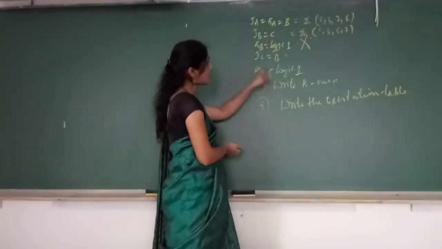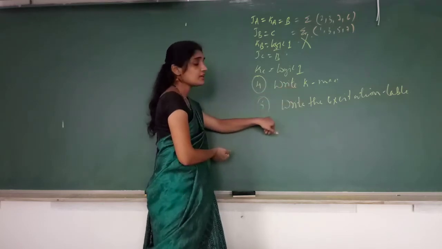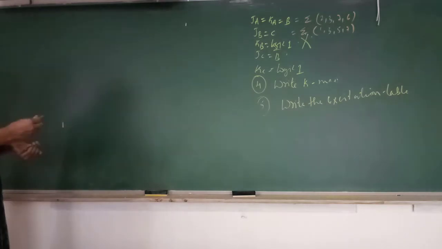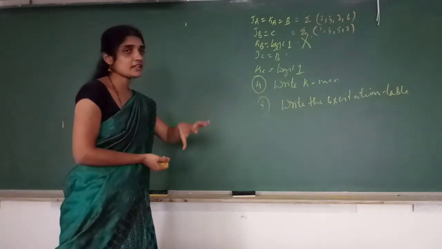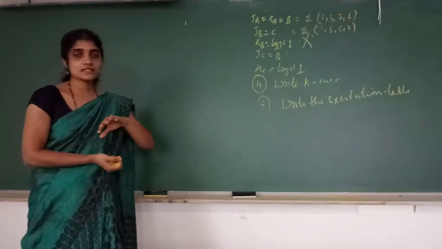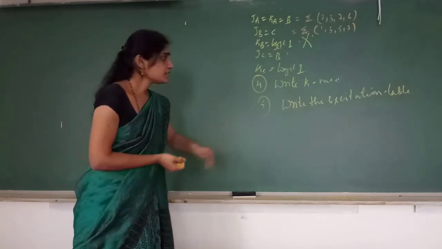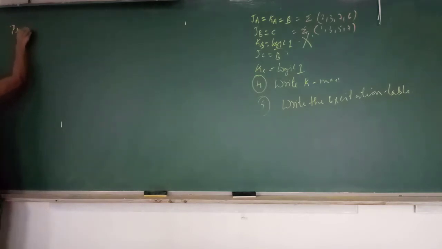You know how to write the K-map from this. Otherwise one more method, you leave some space, we will directly go for the fifth step. Okay? Write the excitation table. You know how the excitation table will be? Excitation table, which are the columns we have? Counter you have designed. See, for a counter, the sequence will be given, you have designed the circuit. Here, the circuit is given, we have to write the sequence. So it is just a reverse procedure we have to do. Right? So now write the excitation table. Excitation table, what is the first column we have? Present state.